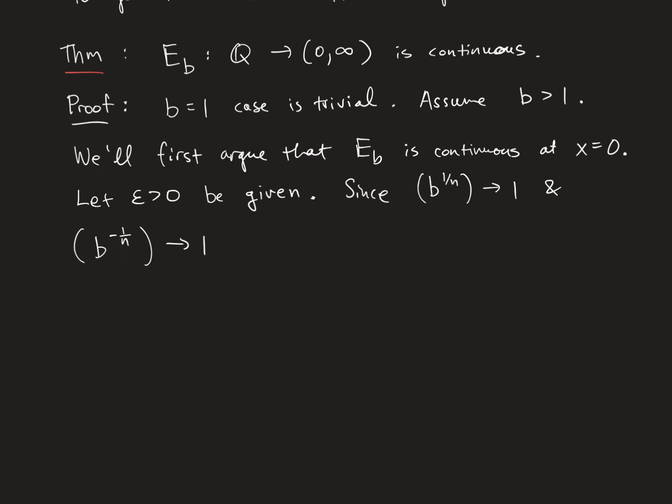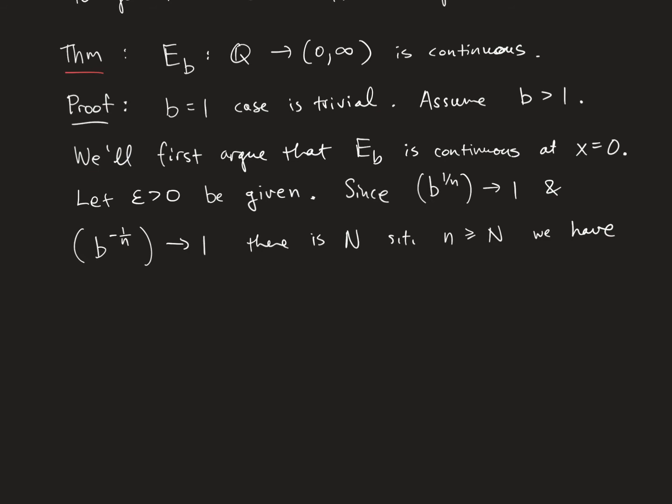So we just have a different b with 1 over n, so that's also converging to 1. So those things both converge to 1, and so with this epsilon greater than 0 given, there is an n such that when n is bigger than or equal to n, we have